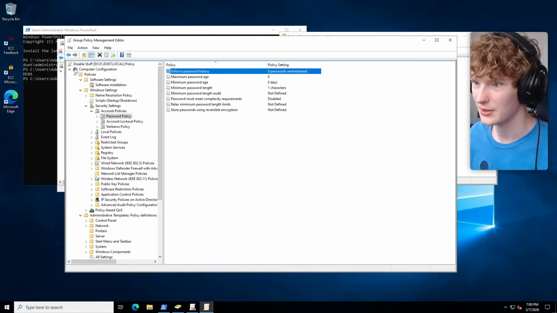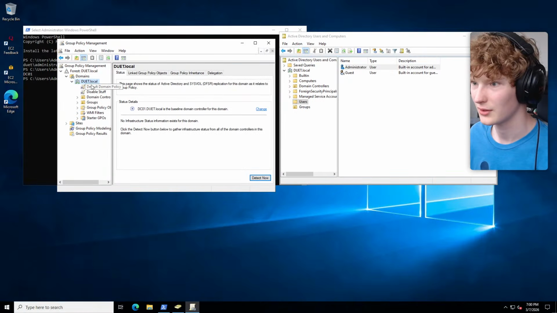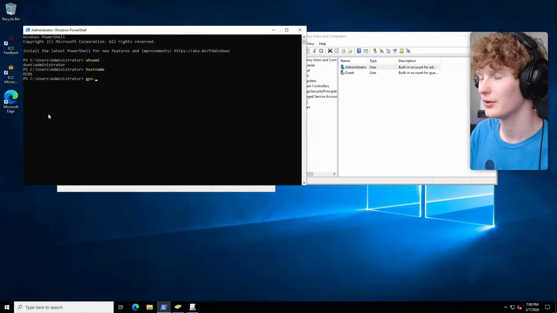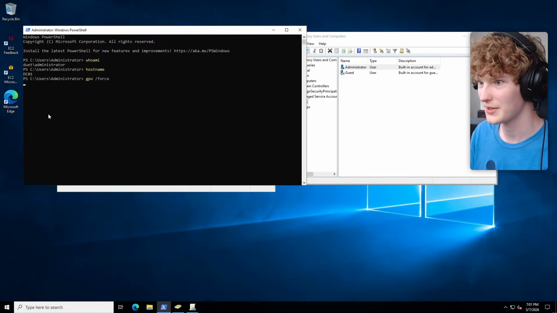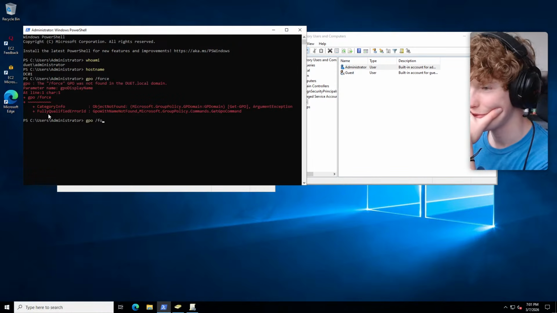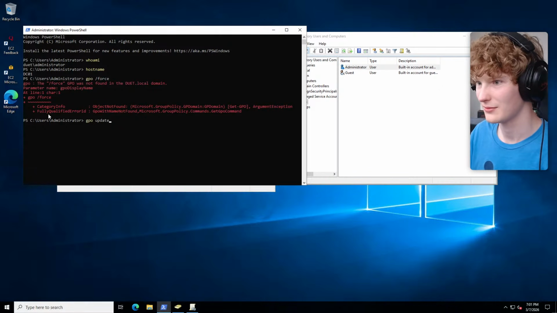Now we go back up here. Close this. Right click this, enforced. And then GPO, gosh, GPO. Maybe it's GPO-force, maybe that's it. It's not GPO. GPO update.